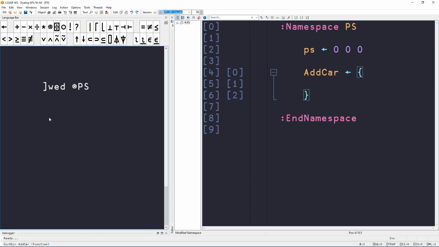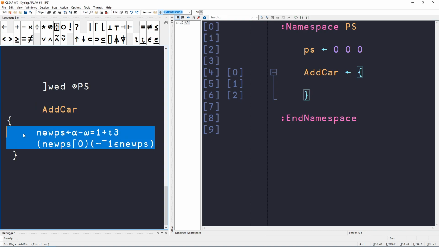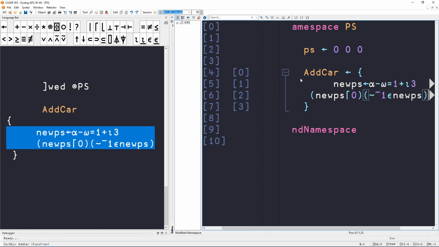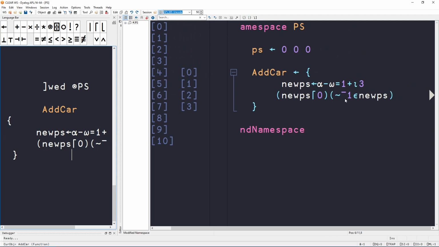But this one we already know more or less what it does, because we already have a solution for the problem. So I can go ahead and copy this code and paste it in here, and now I just have to modify it. So let me paste it here. Okay. So what's going on here is, when